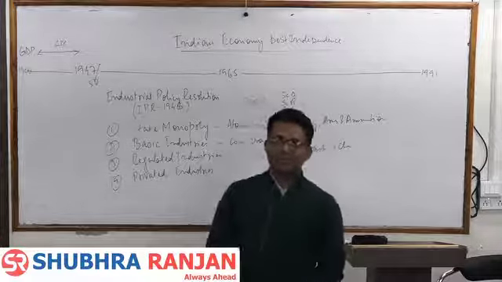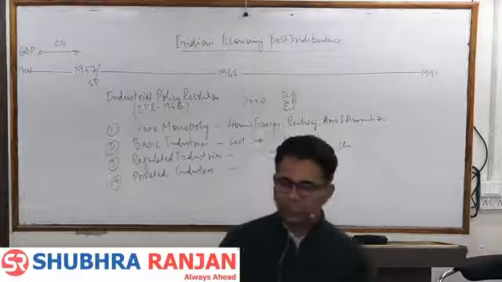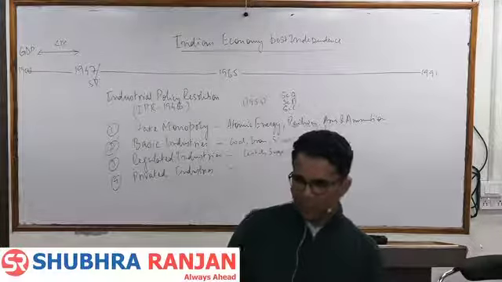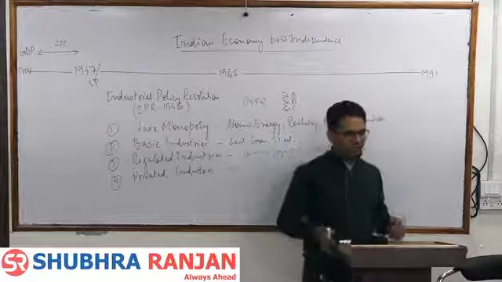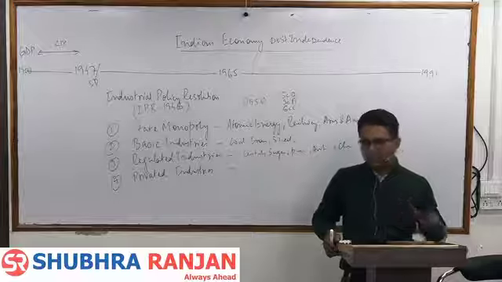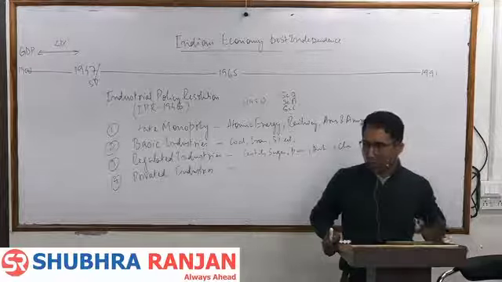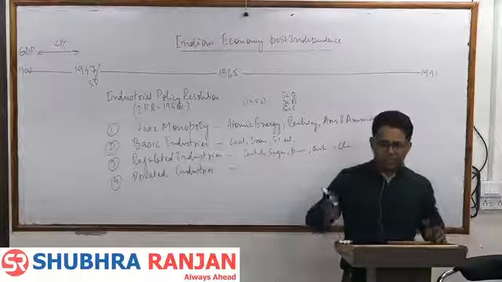Yes, so there was a discussion going on after we implemented the first 5-year plan. The government was thinking about what particular strategy we should adopt to increase the income of the country, to increase the growth of the economy, what should be the future model of development. And basically there were 2 strategies. There were two thoughts in the government that we should do this or that.